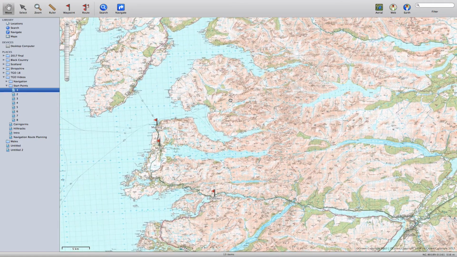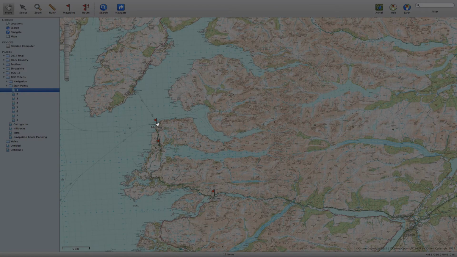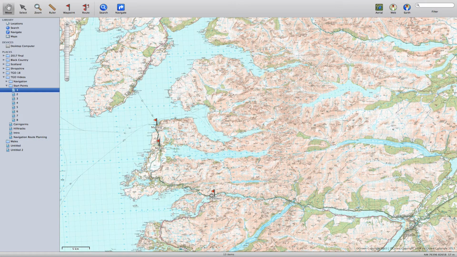So let's just have a look at Mallaig here. Now we've got three starting points here that look very close to each other, and they're all accessed via the train line that runs from Fort William to Mallaig. So you've got Mallaig, you've got Moar, you've got Lakayat. But each of these starts has a very different characteristic. So, for example, in Mallaig,